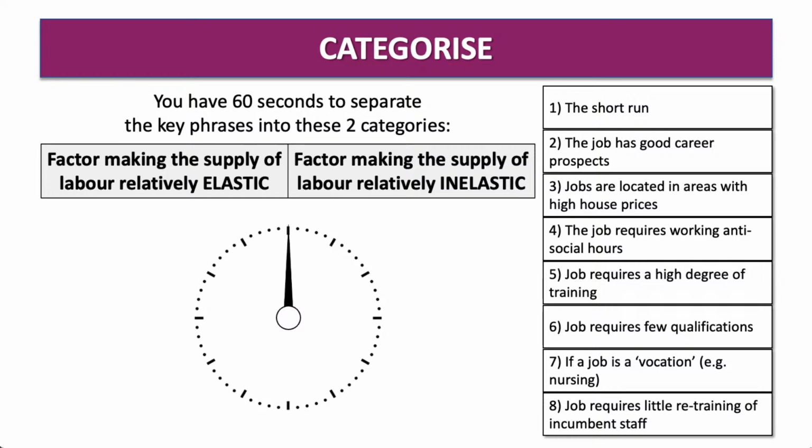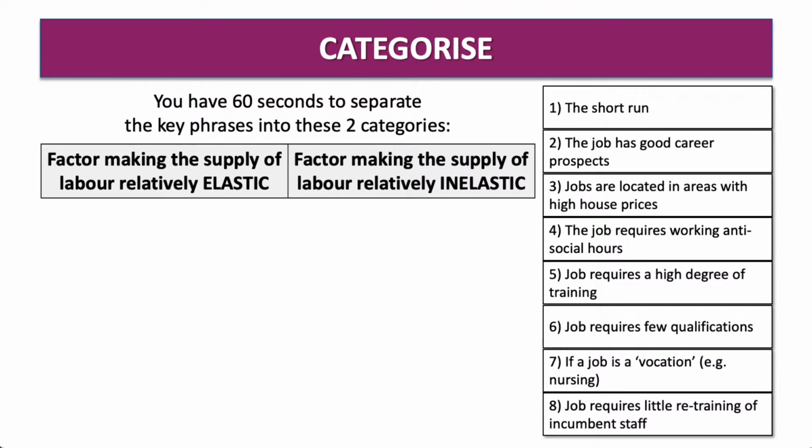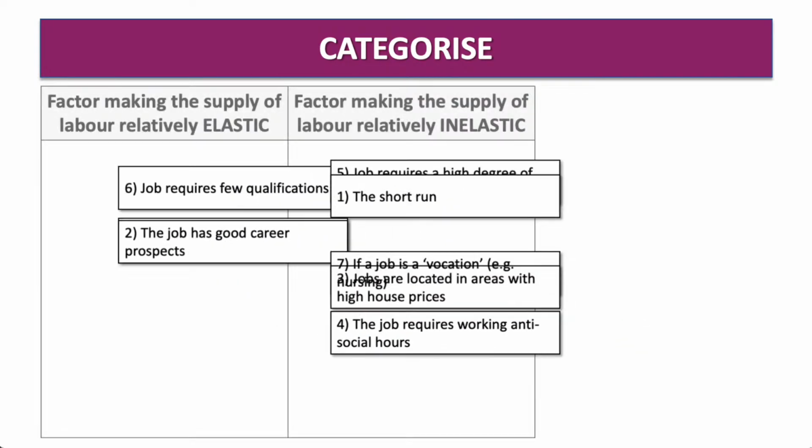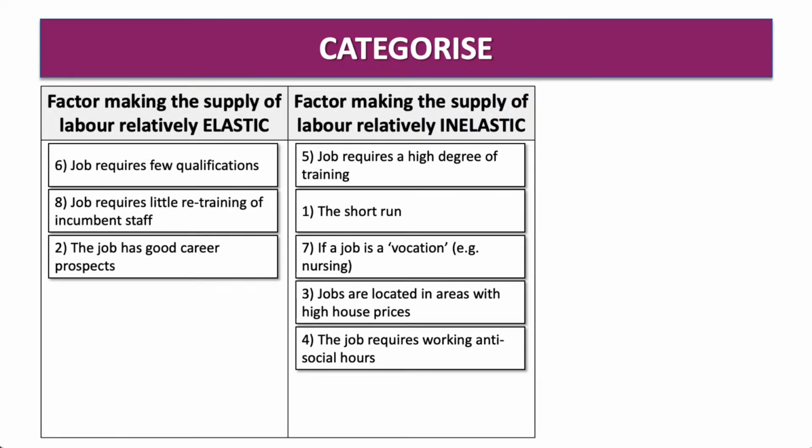Okay, brilliant answers coming in here. So when we're thinking about what makes the supply of labour relatively elastic, it is how quickly the supply of labour can react to a change in wages. Now, remember, wages can go up and there'll be lots of supply in, or wages might fall and then the supply disappears elsewhere. So what we're looking for, let's see the answers, please, John, is what makes things relatively elastic